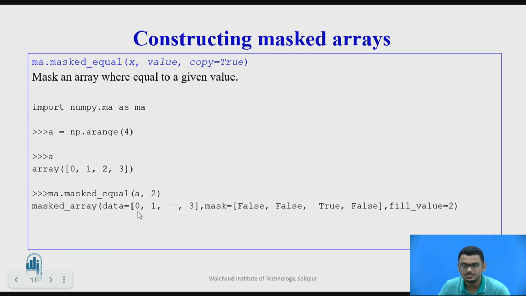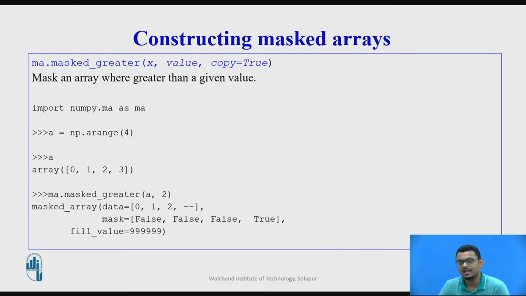So the output is 0, 1, and the next value 2 is being masked, and the remaining element is 3, and the mask entry shows us that the third value has been masked because its Boolean value has been turned to true. So this is how the masked_equal function works.